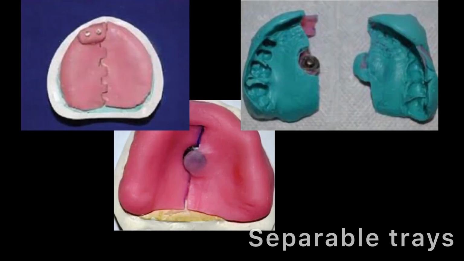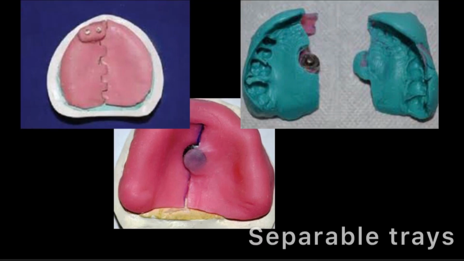Separable trays usually have 2 separate sections that can be inserted and removed separately in the mouth and can be assembled together using the guiding mechanisms provided there, maybe like screws, guiding slots, etc. They are used for making impressions when patient has highly reduced mouth opening, maybe due to TMJ problems or maybe due to surgery or radiotherapy.